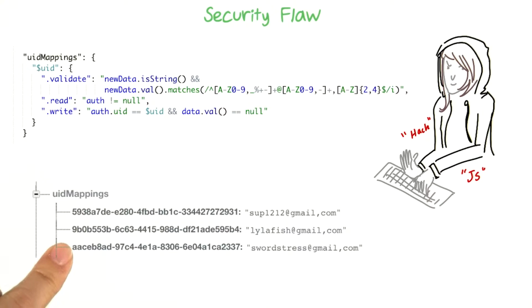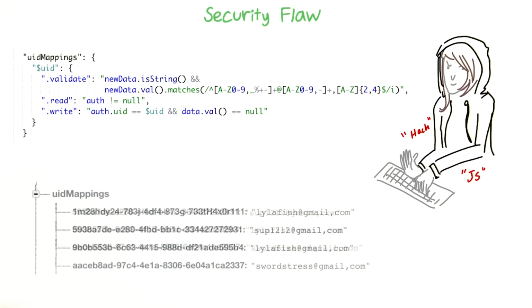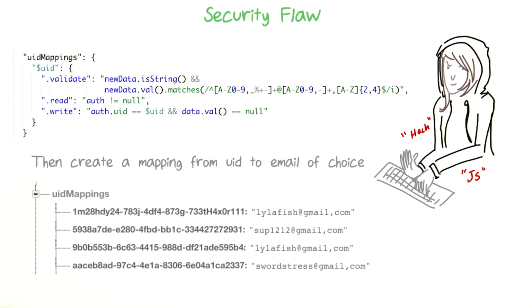So here's a sample of our UID mappings table. And the question is, is there anything in the rules that stops the hacker from making an entry like this? Basically, an entry where she uses the legitimate UID that she got for herself and then associates it with some email, such as my email. No, I guess not. After all, the only rule is that they are adding an entry associated with their own user, and that's a new entry. So yes, that seems bad, but what does it mean for the app?